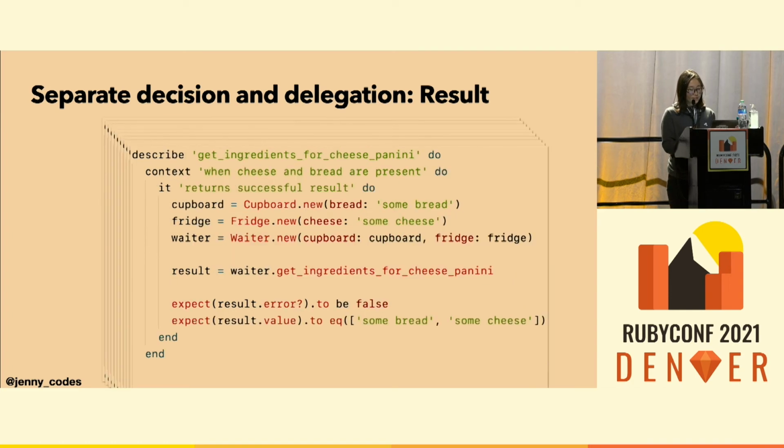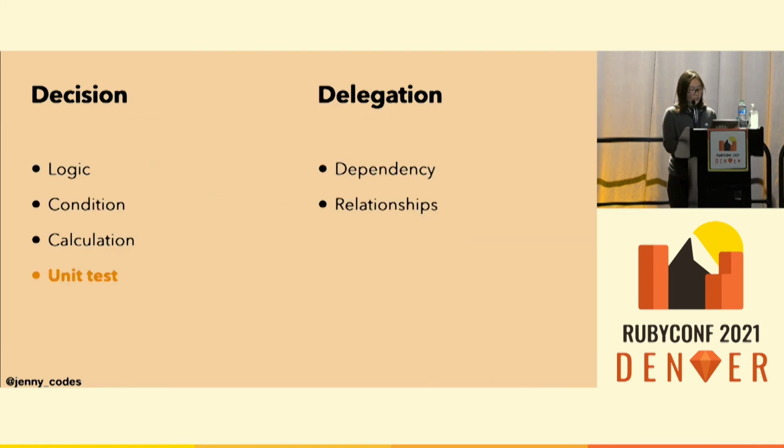And then it is also good that, for the sake of not overwhelming you with a bunch of beautifully written, clear unit tests, I'll just show this one. But just know that there are a lot of unit tests you can write. So if we look back to the decision and delegation chart, we can see the components that focus on logic fit nicely with the spirit of unit tests. And it's very cheap because we are just testing the logic.